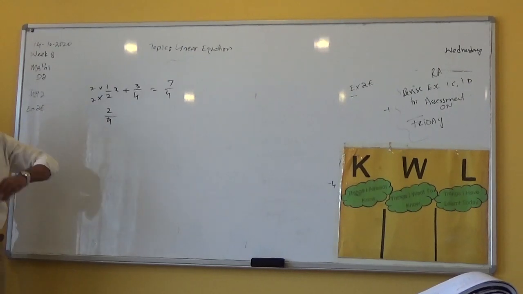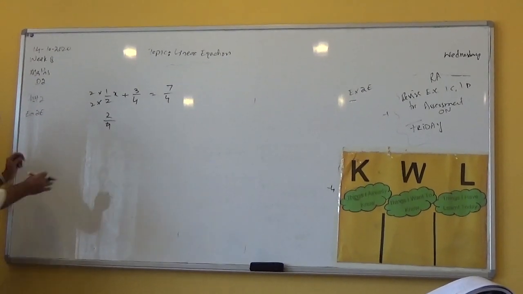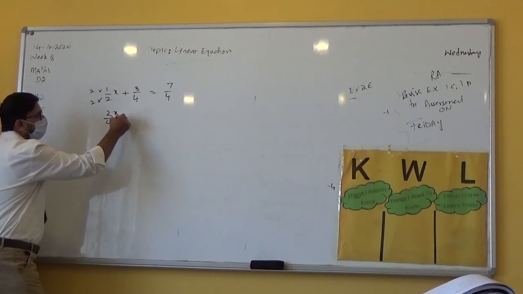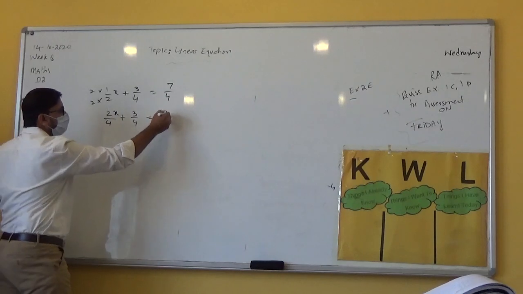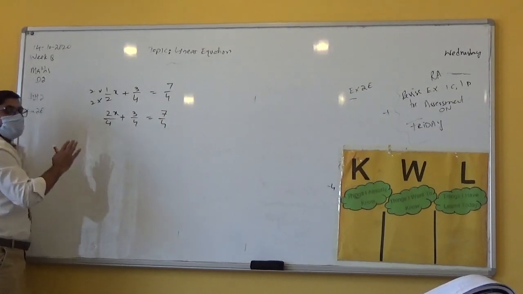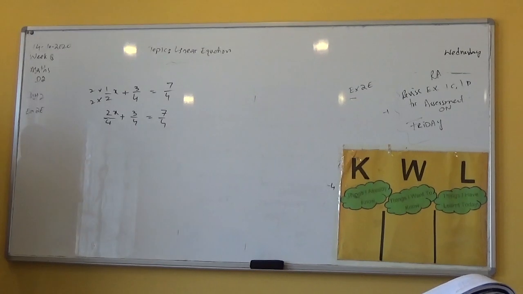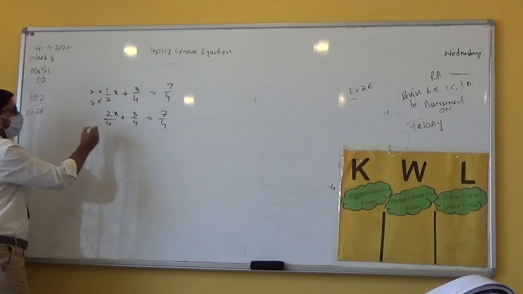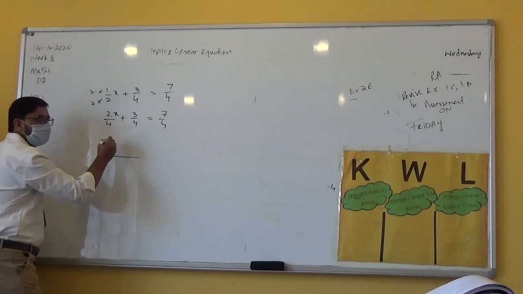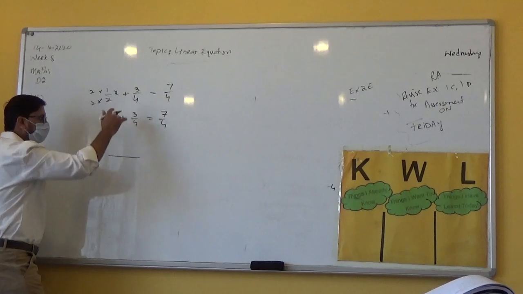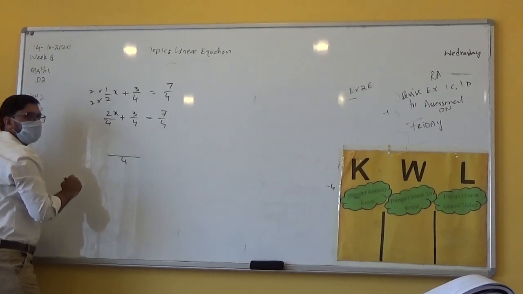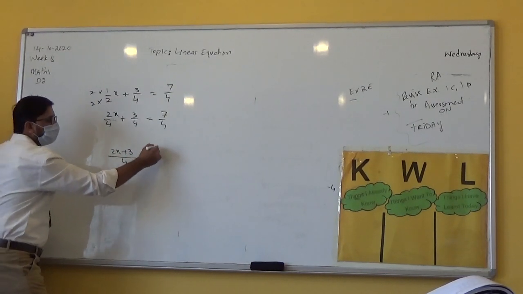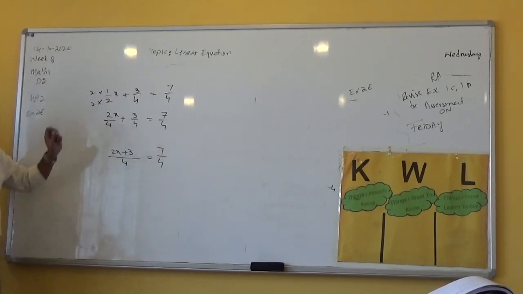So just make the denominator equal, then we'll do the cross multiplication. Okay. So what will it be then? It's 2 by 4 x plus 3 by 4 is equal to 7 by 4. Okay? This is the way we can solve the equations. Now this is an equation with one variable only. So can we just write it together? Or can we move 3 to the other side? Let's just write them together. Denominator is 4. 2x and 3. This is 2x plus 3 is equal to what? 7 by 4.